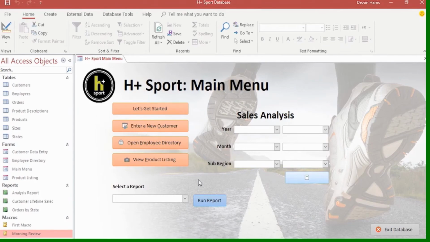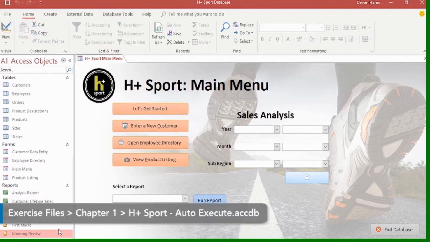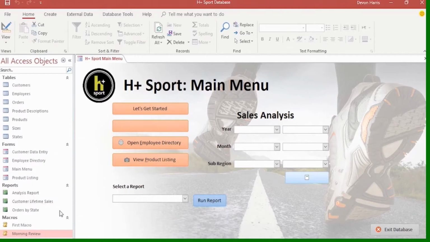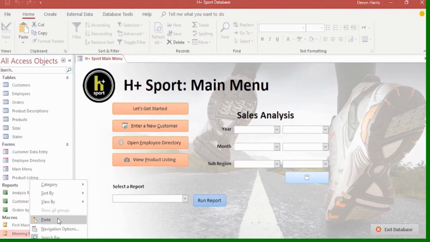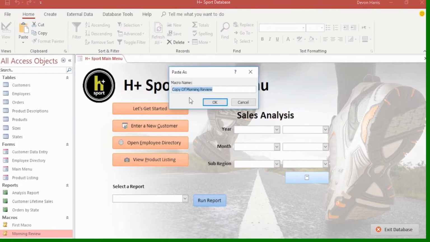There's one more way to trigger a macro that you should be aware of, and that's to do so automatically when the database opens. I'm going to make a copy of the morning review macro that we previously created by right-clicking on it and choosing Copy, and then right-clicking in the All Access Objects navigation pane and choosing Paste. That'll allow me to give it a new name here, and I'm going to give it a very special name called